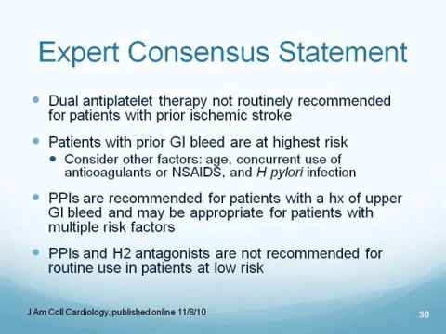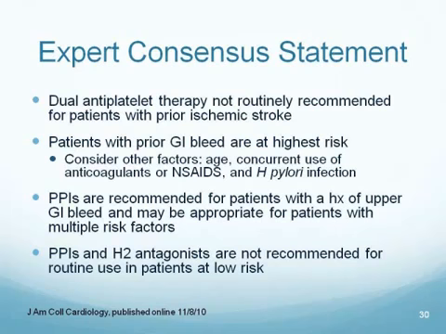Patients with a prior GI bleed are at the highest risk of having GI bleeding again when they're receiving this combination therapy. And they also point out that there are other factors to consider: age, concurrent use of anticoagulants or nonsteroidal drugs, and a history of H. pylori infection. They do say that PPIs are recommended for patients who have a history of an upper GI bleed,